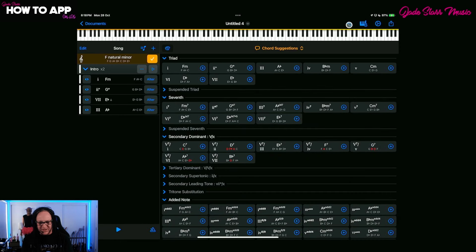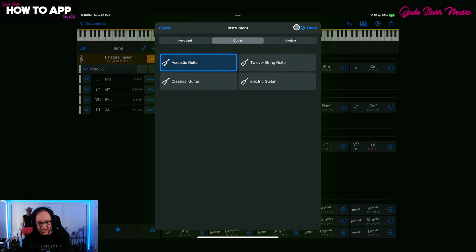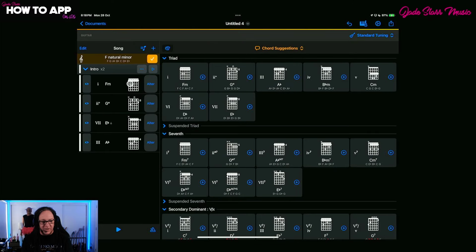Let's go in while we're here just quickly and change this to a guitar. So we'll come in here, we'll choose the acoustic guitar. And now you'll notice over the side here, we now have the acoustic guitar settings. When we hit play,